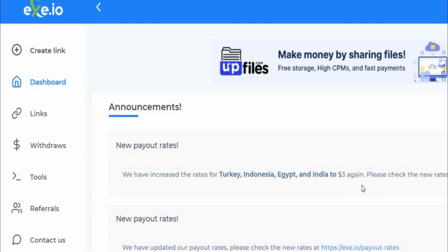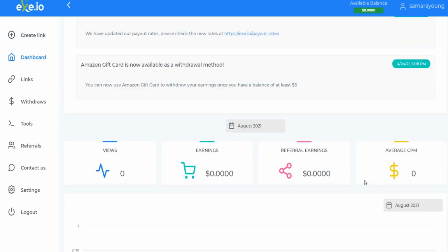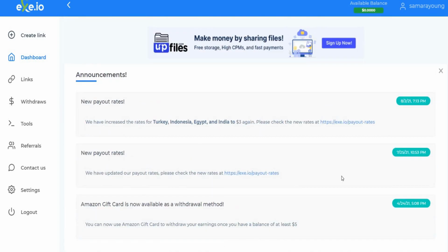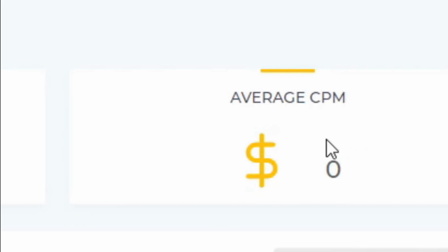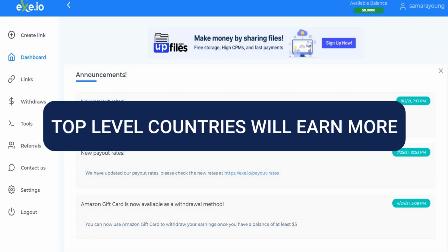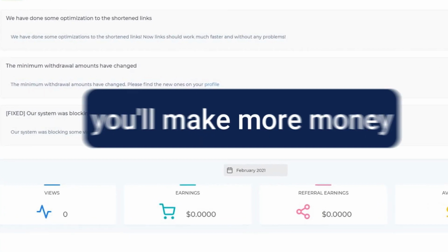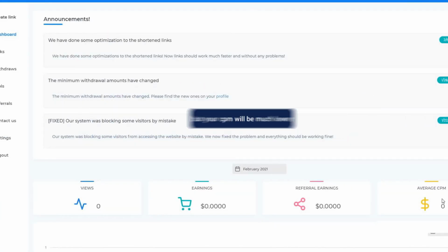When you establish a new account on exe.io, this is how it will look. This is a dashboard where you can monitor your views, your earnings, your referral profits, and your average cost per 1,000 clicks from your link. However, top-level countries will earn more. If it's coming from a developing country, you'll make more money, but your CPM will be much lower because